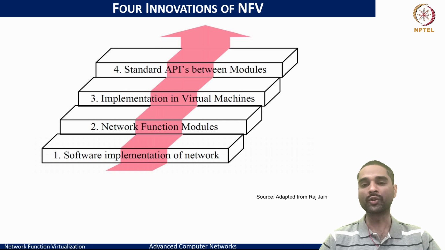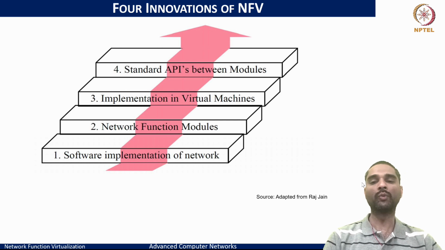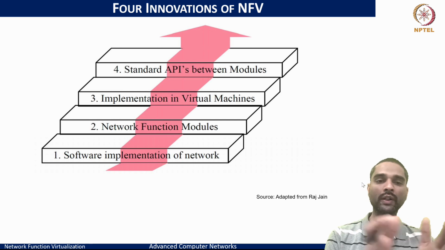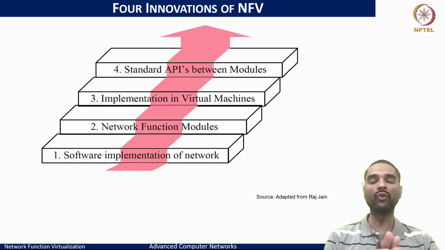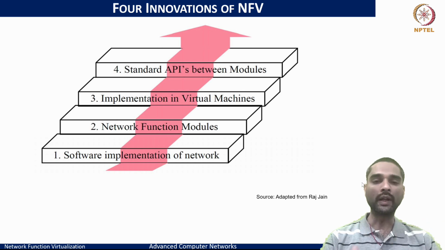Abstraction for infinite resources, of course, we can get that if we are able to scale the resources and have sufficient underlying hardware to provision them at will. And the fourth is the standardized APIs between the modules that we looked at earlier, about what the ETSI NFV reference framework and architecture tried to pull together, how we can enable any of the independent software vendors to develop